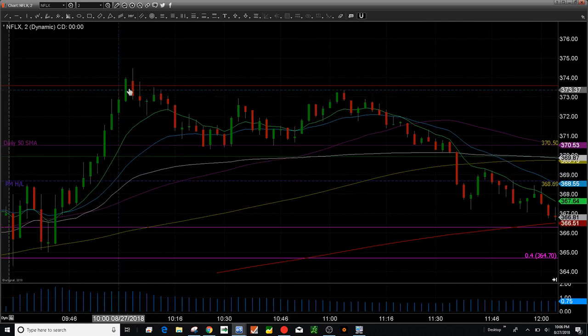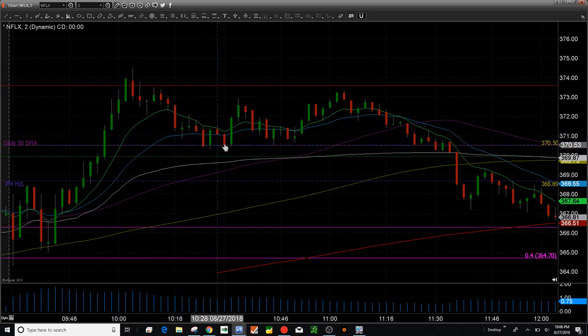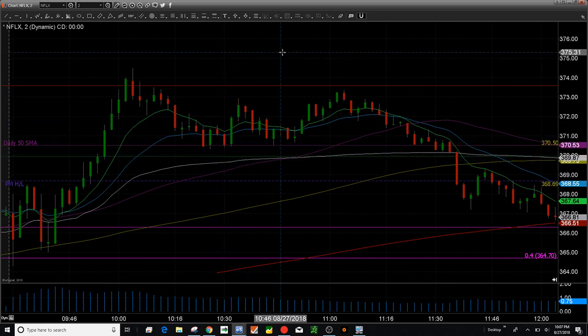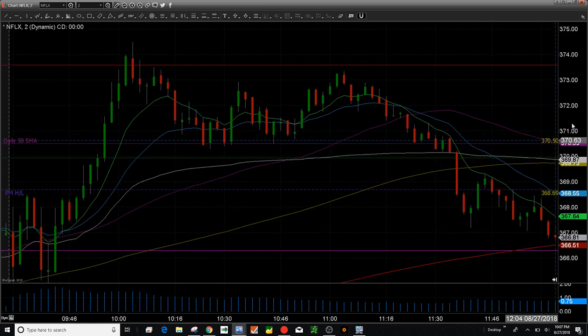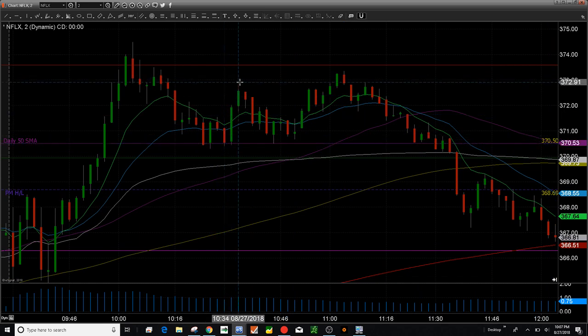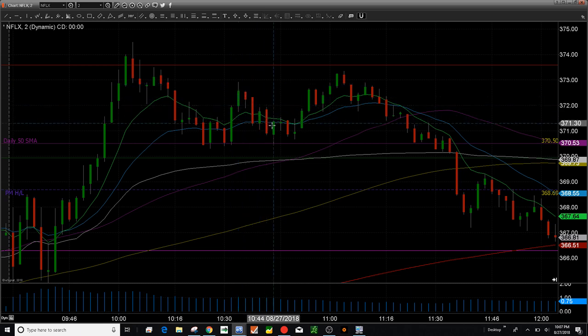So anyway, as it came down to the 50 simple moving average, you can see that it found support. I wanted to take it long, maybe down towards VWAP again to maybe go even higher. But I found support here. I said, hey, some of this looks pretty good. Let's try to go long again, right through here. And I think I went long here and then caught this move up. Was up decently, 20, 30% on options, but consequently went right back down